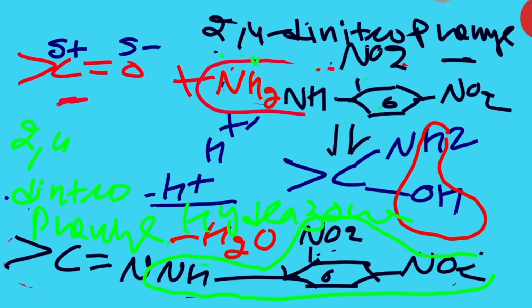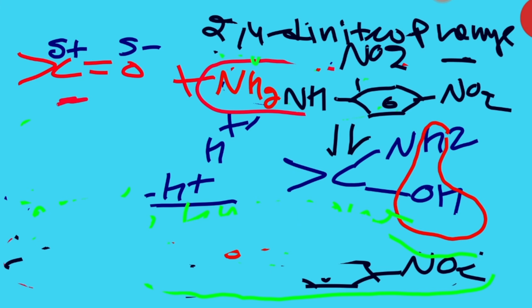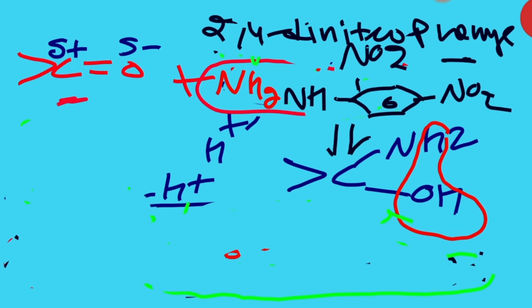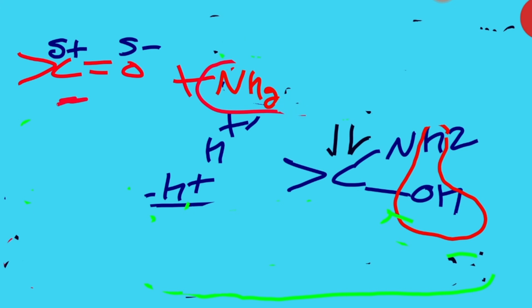Hydrazone will be formed, okay. The last one we have is semicarbazide. What is it? The last one is semicarbazide. For semicarbazide, you might know the formula very well. I'm going to write it once again for you. Value of Z for the semicarbazide. Okay, for semicarbazide the value of Z is, I'm writing there, you must see, all of you, NHCONH2. This is the value of Z.